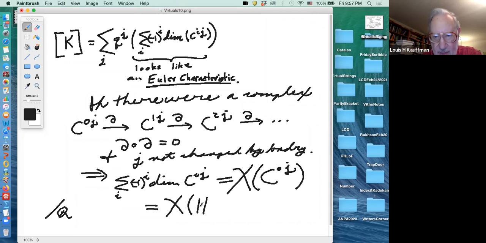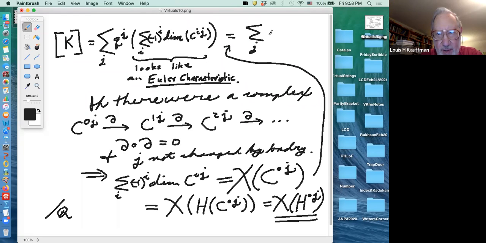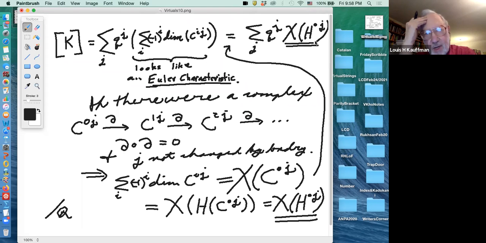That would be the Euler characteristic of the homology of that, which I'll just write as the Euler characteristic of H dot J. So that means that this thing here, then if that were the case, then this would be equal to the sum on J of Q to the J times the Euler characteristic of H dot J. There would be a homology theory, and the homology Euler characteristic would be the coefficient of Q to the J